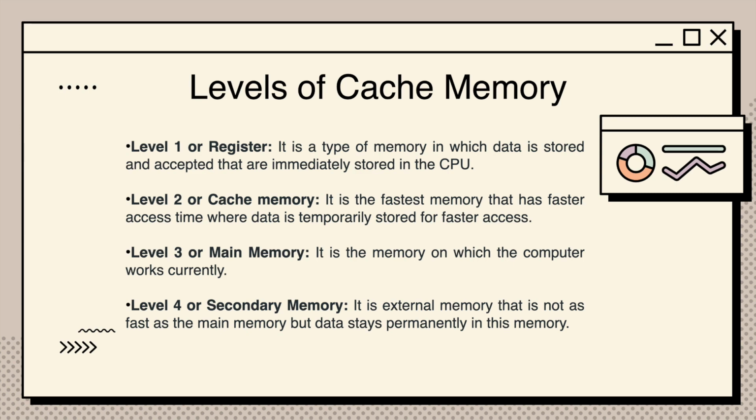Level 2 cache stores a large set of frequently accessed data and instructions. This allows the CPU to access a larger portion of its working set quickly, reducing the amount of time spent waiting for data to be retrieved from main memory. Level 2 cache is typically organized in a set associative or fully associative manner, which allows for a larger cache size than level 1 cache while maintaining fast access time.